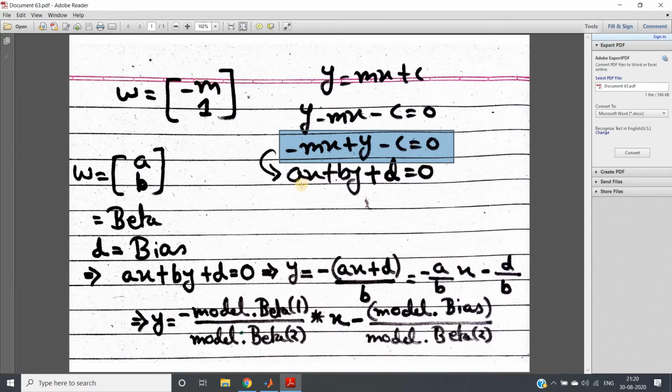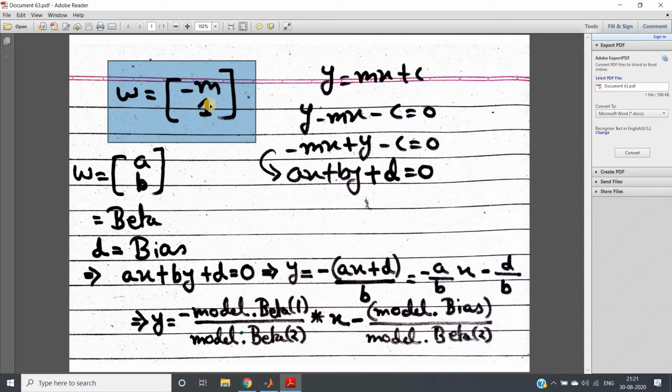This can be written like the straight line equation ax + by + c = 0. Here I have taken d, representing −c. a is the coefficient of x, which is −m, and b is the coefficient of y, which is 1. If you take the coefficients of x and y, you get omega, which is (−m, 1).